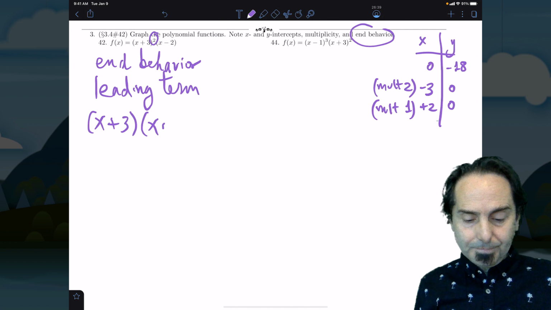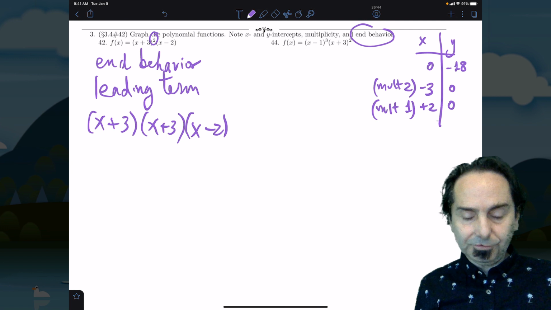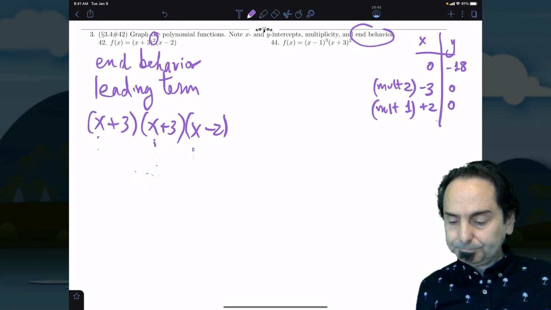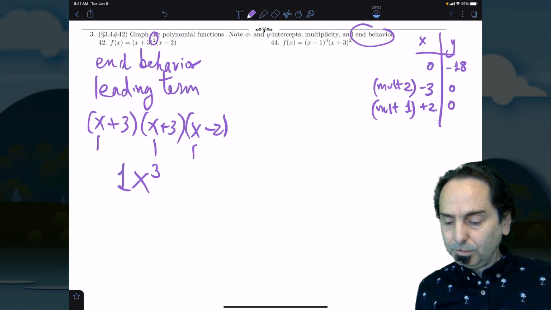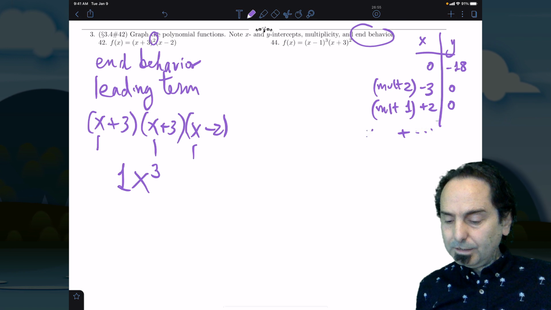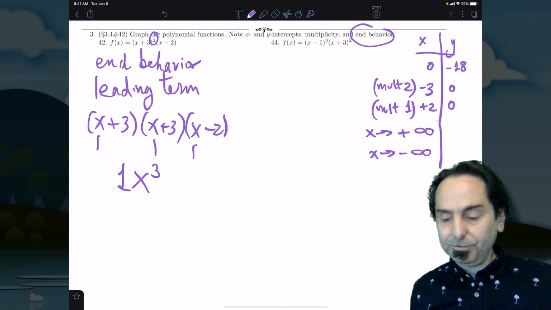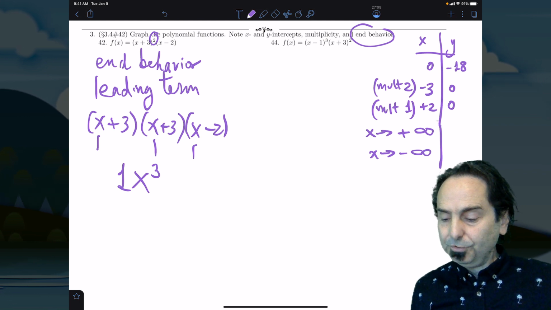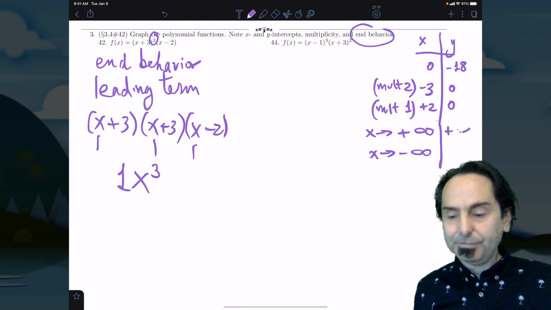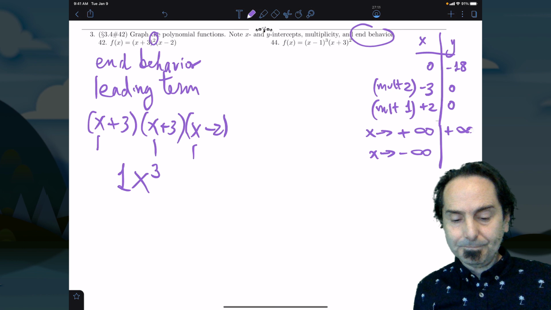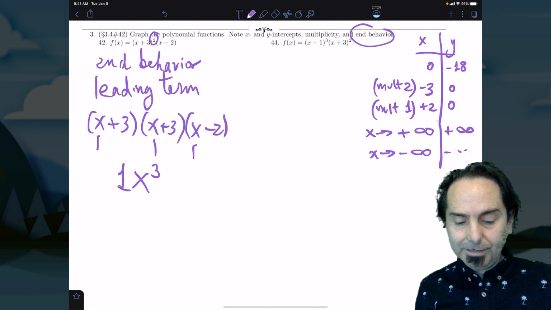So we're going to have x times x times x, which is x cubed, and the coefficient is 1. The end behavior, as x goes to positive infinity or negative infinity, is what we call the end behavior. You can see that it's an odd degree polynomial with a positive coefficient. So as x goes to infinity, the function goes to infinity. And as x goes to negative infinity, the function goes to negative infinity. Let's do some erasing and put everything together